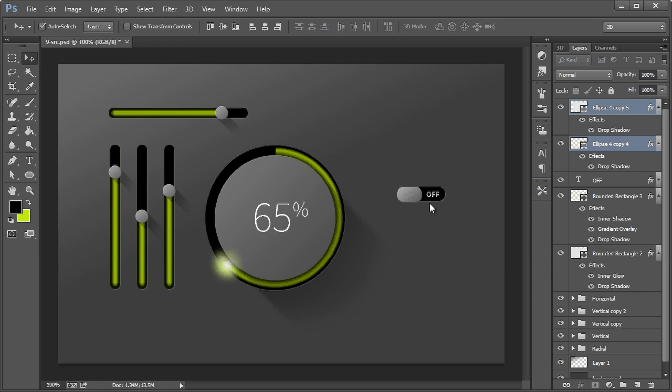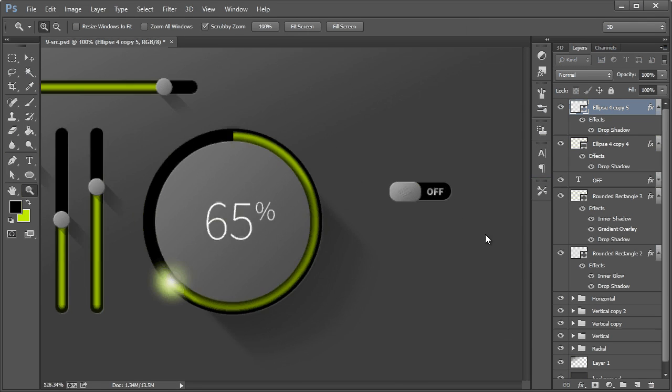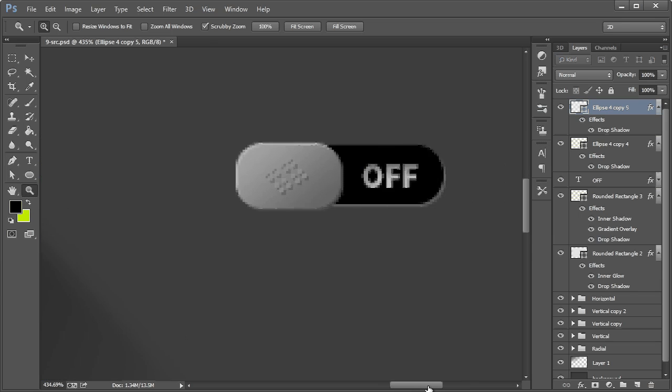Alright, so you may not be able to see it very clearly here because of the video, but when you zoom out, it's a very fine detail, and I think it just looks kind of cool. So, alright, the last thing we're about to do before we duplicate this and show it on the on state